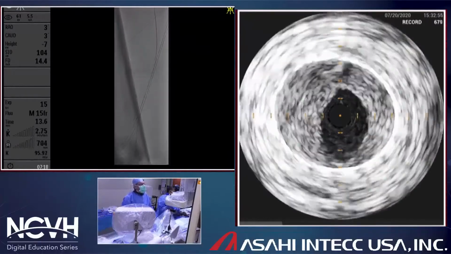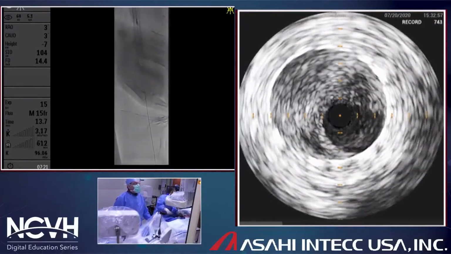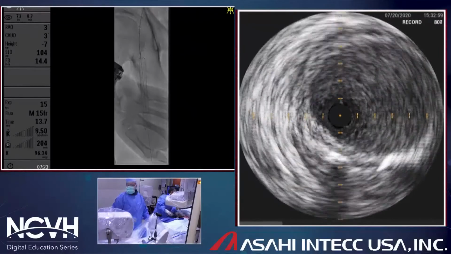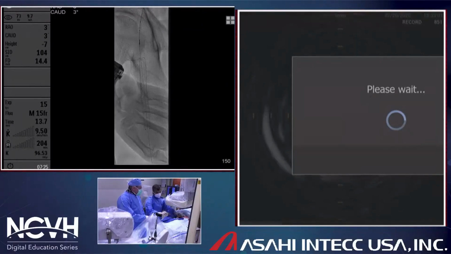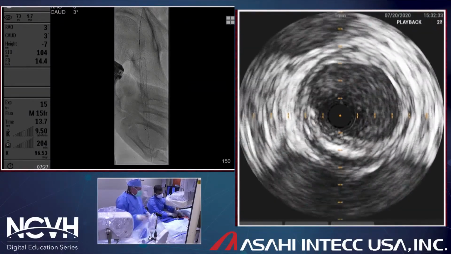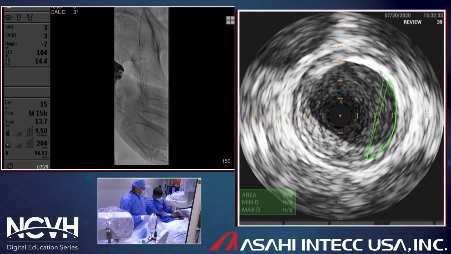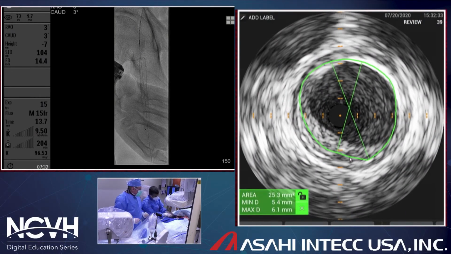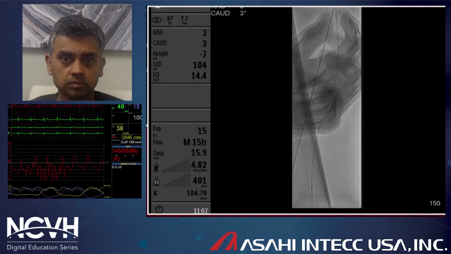Therefore, I think my choice of intervention next would be a balloon angioplasty with a drug-coated balloon. Intravascular ultrasound was very good at sizing it, and we notice that the size came to be around 6.0 millimeters in this particular case, which will be the choice of my balloon. The balloon we used in this case was a Stellarex drug-coated balloon from Philips, a 6 millimeter drug-coated balloon. So this is us introducing the Stellarex DCB.